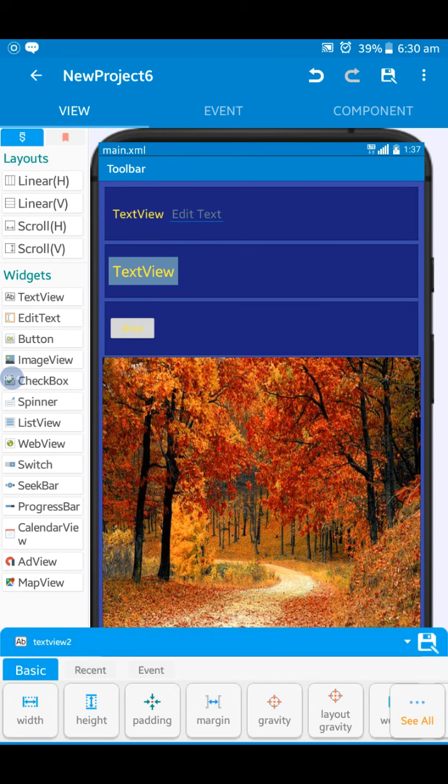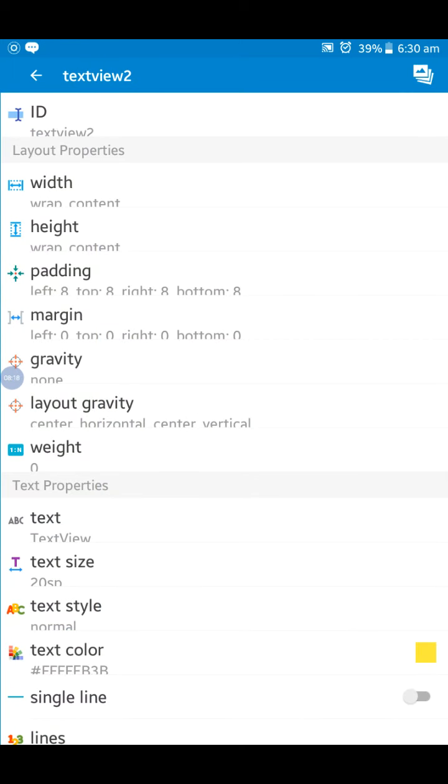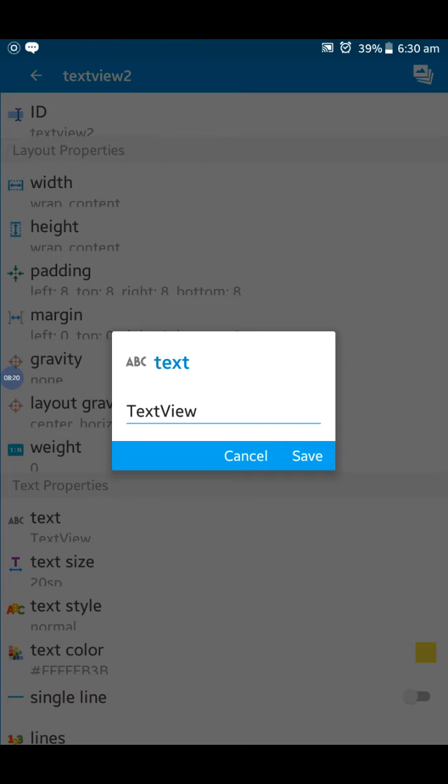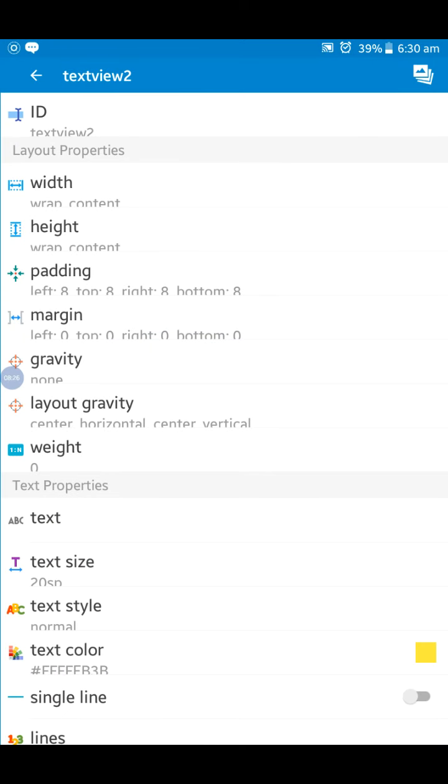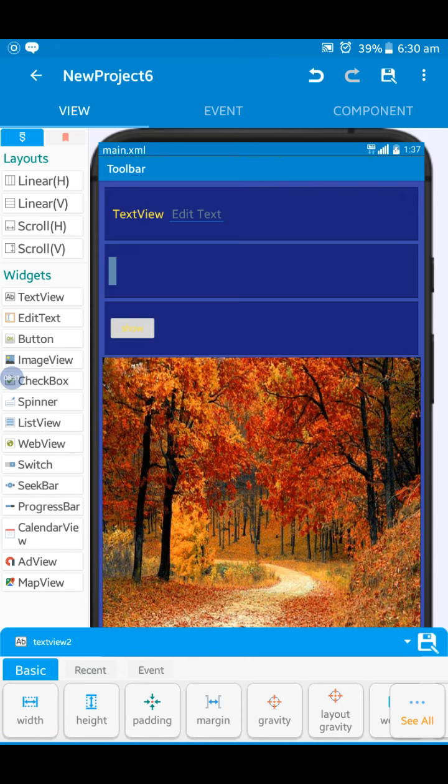So here in the text view we remove the text. Then we go to the logical part.